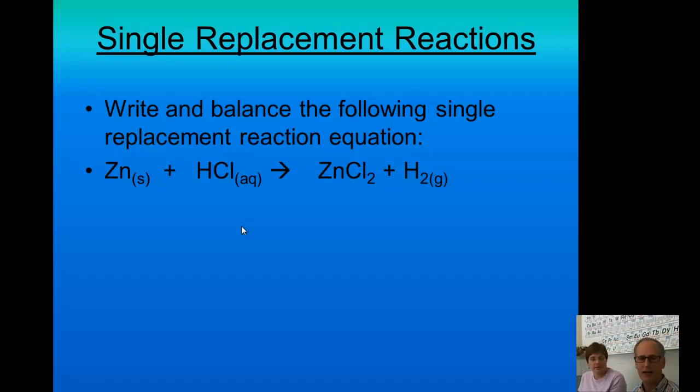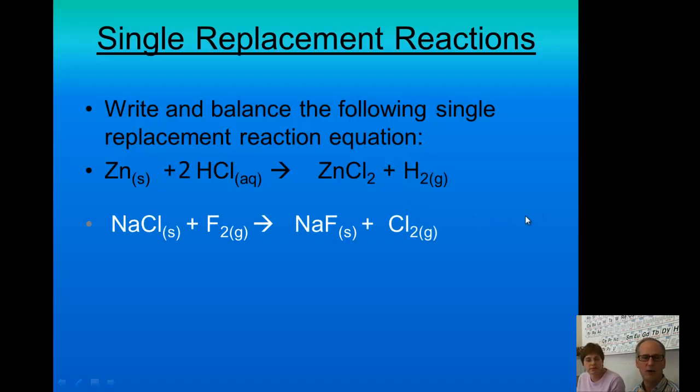So that's what's happening here. Notice the zinc is now with the chlorine again, and now the hydrogen is on its own. Why is it written H2? Because it's diatomic. As soon as it's formed, it reacts immediately with another of its species. So when it's on its own, you always see it with a little subscript 2. Good point. All right, so why don't you try and look at this and see if this needs